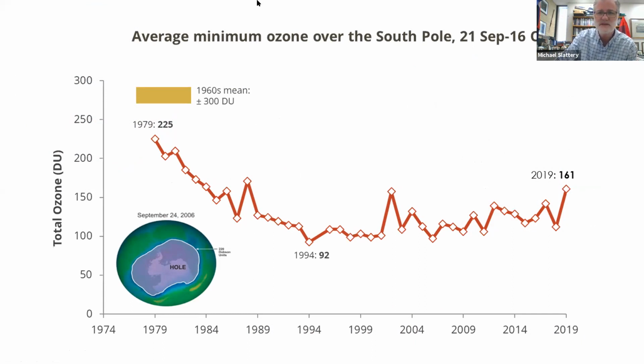And if you look at this, if I just try and put another color on here, from 1994, it looks like this is in fact going up, right? It looks like ozone's recovering. 2019 was a really fascinating year. The polar vortex started developing and then it collapsed, it disappeared, right? The stratosphere over Antarctica warmed up, and it warmed up because of something called El Niño. We don't have time to talk about that. We can examine that later.